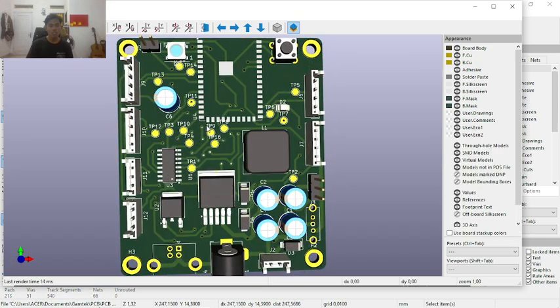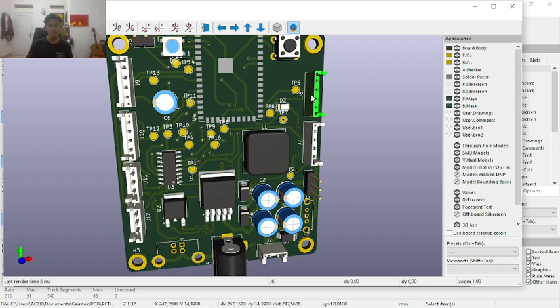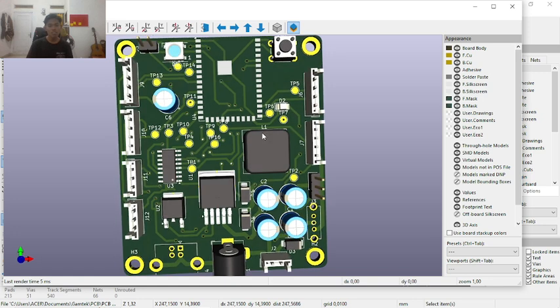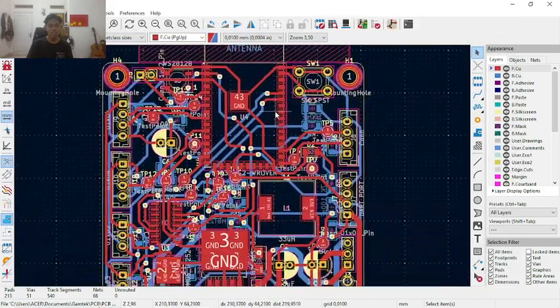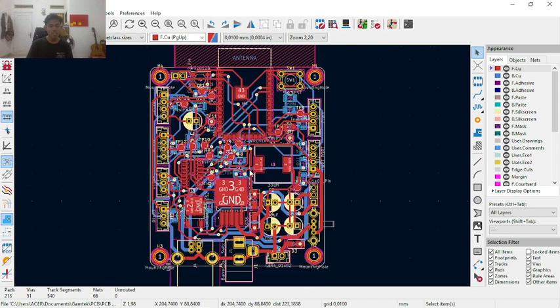So to make it more easier, you can add name for the test point. So it will show you which is the test point that you use. For example, on the first test point you use VCC. So you can add name for the first test point to test point VCC. But because this is for example, I will just show you how to add the test point. So like that,